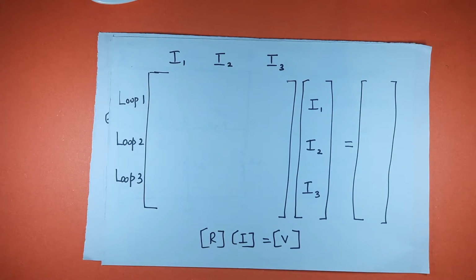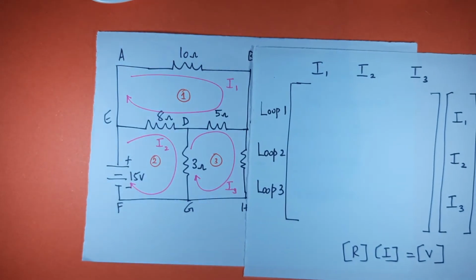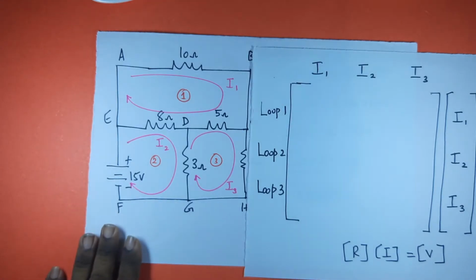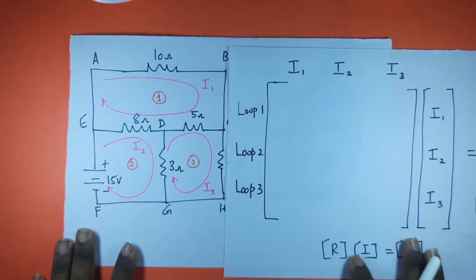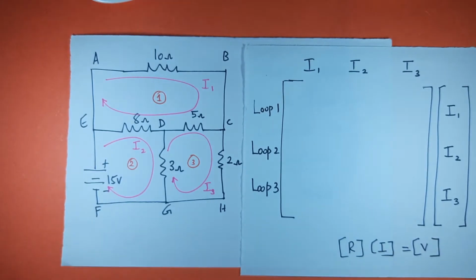Okay. Now, by inspection, we are going to fill this matrix. First, I will explain to you, then I don't know whether it is coming in frame. If it is not coming in frame, I will first explain and then I will fill up the quantities. Probably you may be able to see, to some extent. I hope you will be able to see this, right?